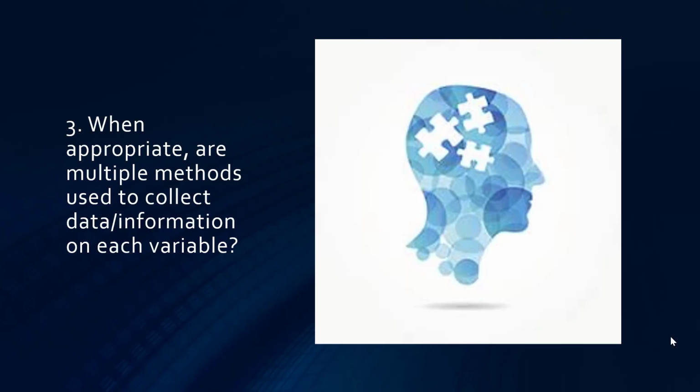Number 3. When appropriate, are multiple methods used to collect data/information on each variable? It's safe to assume that all methods of observation, for example testing, interviewing, making observations, are flawed. Thus, the results of a study can be more definitive if more than one method for collecting data is used for each variable. In quantitative research, researchers emphasize developing objective measures that meet statistical standards for